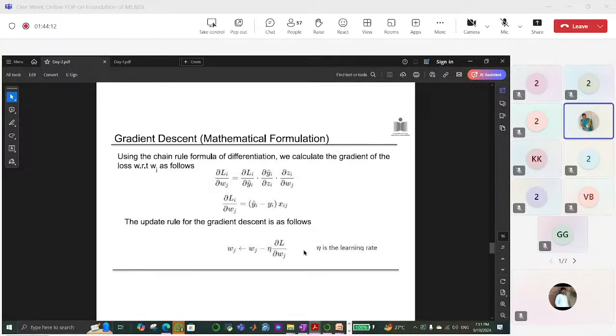So this rule we can call an update rule or weight updation rule. So wj minus eta dou L by dou wj. So this eta value is the learning rate. Mainly this eta value is in between 0 and 1. Sometimes it may be eta equal to 0.5 or 0.2 like that. So this is the learning rate. So here we are using the chain rule mainly, and the delta learning rule also, to find our cost function and weight updation rules also,